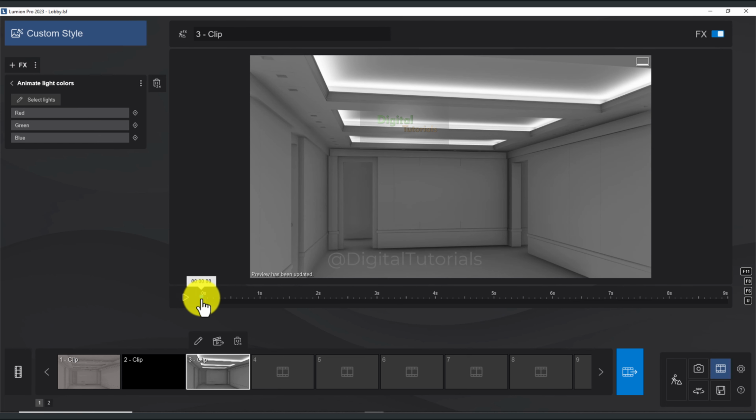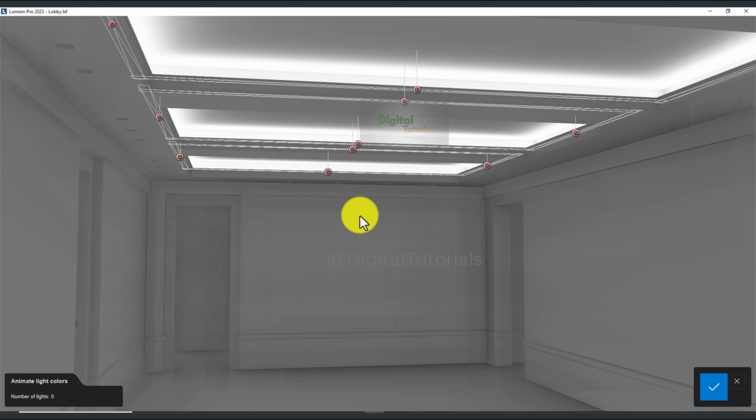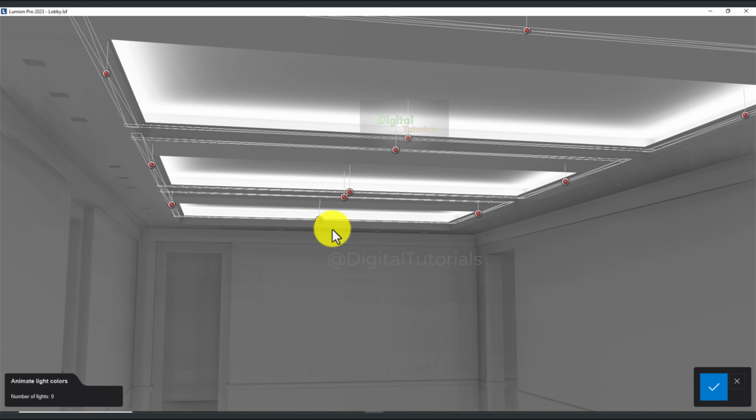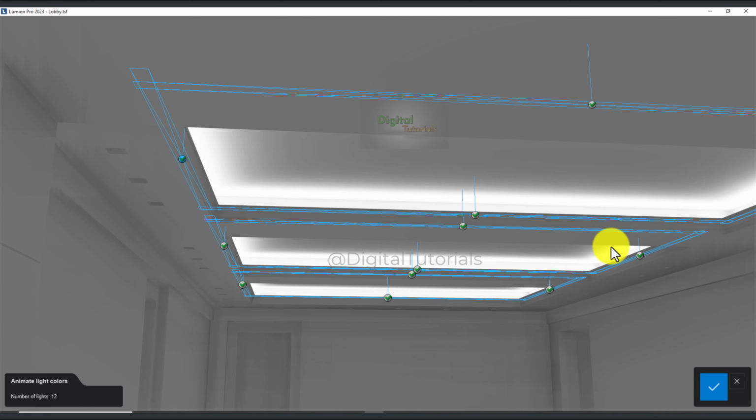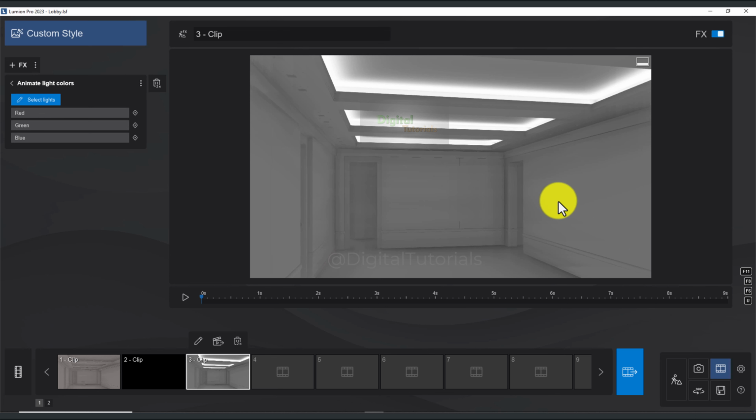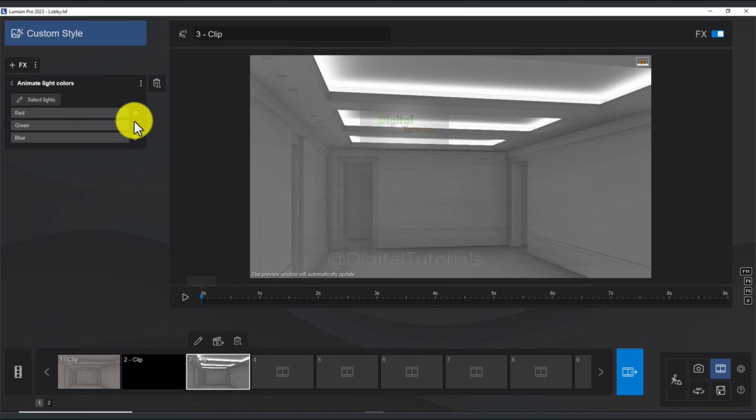Okay, now select the lights. Okay, if you want to use all the lights, so just select all the lights. I'm going to select all the lights. One by one I'm selecting all the lights. That's done. Okay, now create a keyframe over here on the 0 second